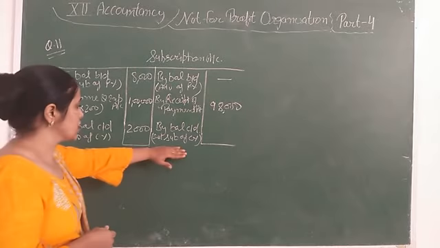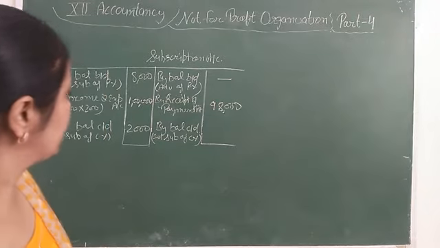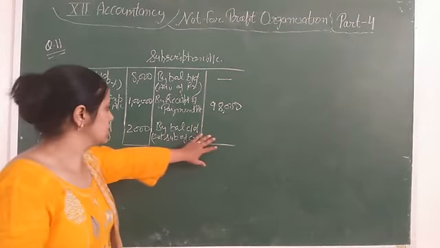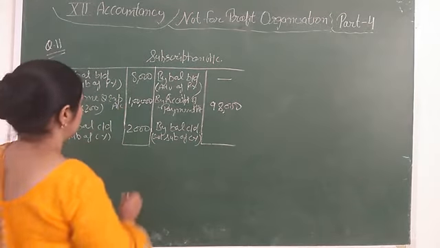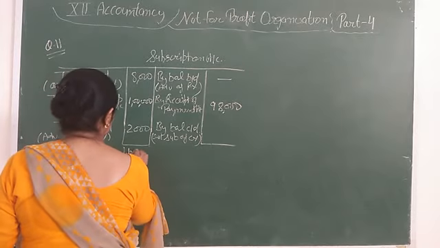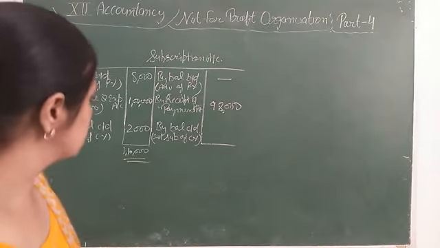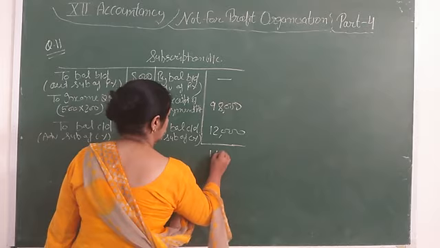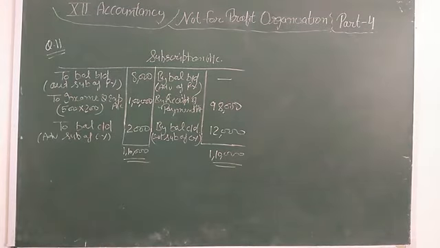Now the outstanding subscription of the current year, we will find out here by the difference of both sides. If there is no difference in both sides, then here also it will come blank. But it will be there. Total of this is 1,10,000 and here 98,000. The difference is 12,000. 1,10,000 minus 98,000 comes to 12,000, and it's the outstanding subscription of the current year. It is the total outstanding subscription of the current year.